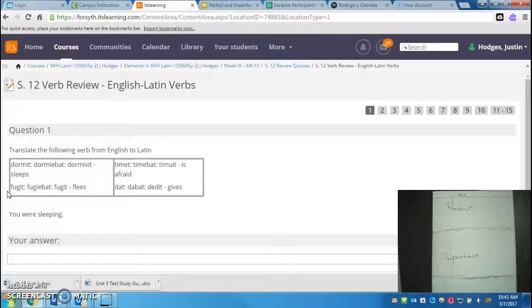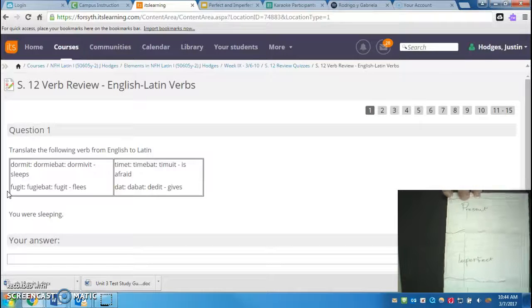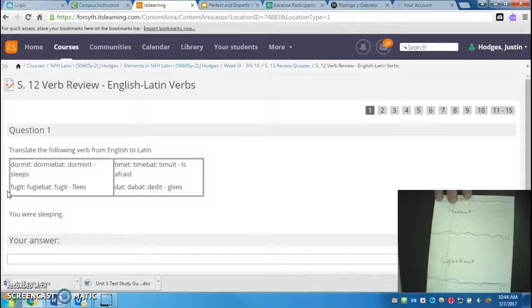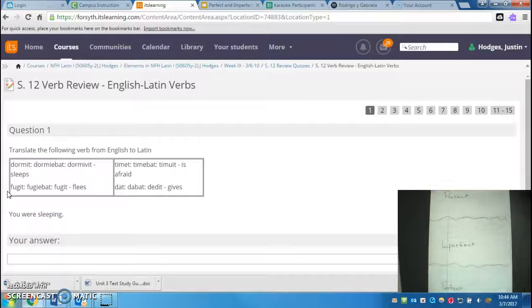I just wanted to walk you through some of the quizzes. This is the verb review, the English to Latin verb one. This is probably going to be the most difficult of them all, so I hope that this is a helpful walkthrough. You'll see in the bottom corner down here that I have the foldable out that we made last week or 2 weeks ago. This is incredibly helpful and will be incredibly helpful for you if you have it with you. So if you don't have it, I would suggest going ahead and getting it out so you can reference it like I'm going to reference it down here.